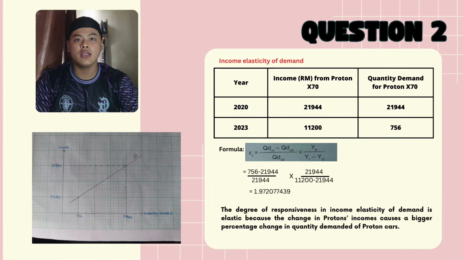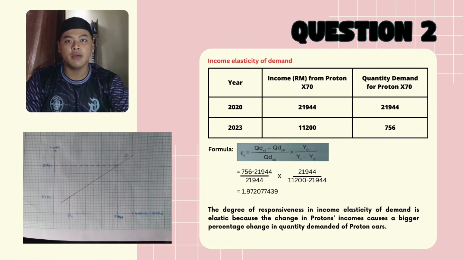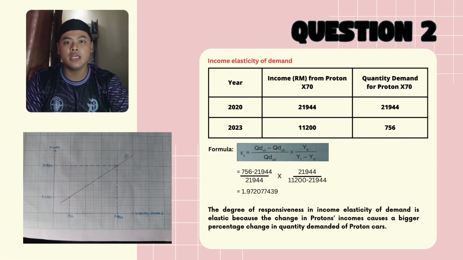Then we go for the second concept, which is income elasticity of demand. For this question, we will use income from Proton cars. Then we insert all the information given into the formula of income elasticity of demand. For the final answer, we will get 1.9720777439. As you can see on the graph, it shows that an increase in income from 11,200 ringgit to 21,944